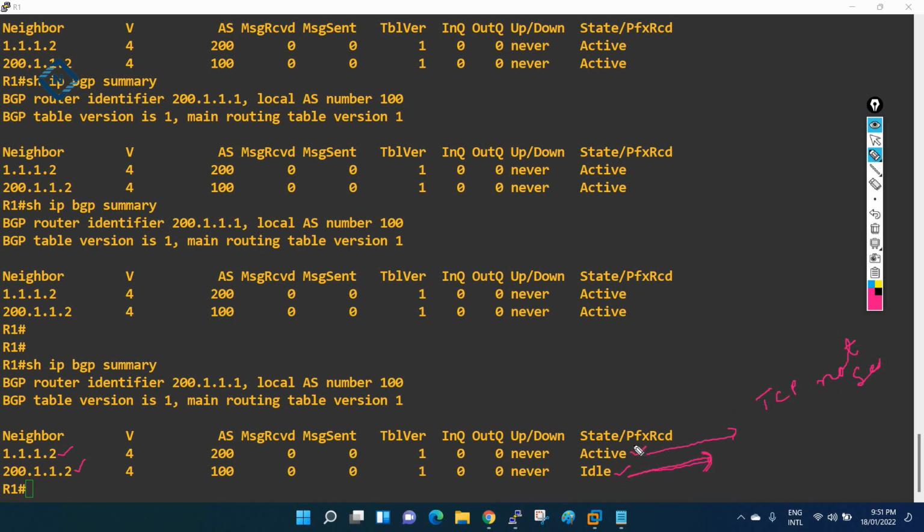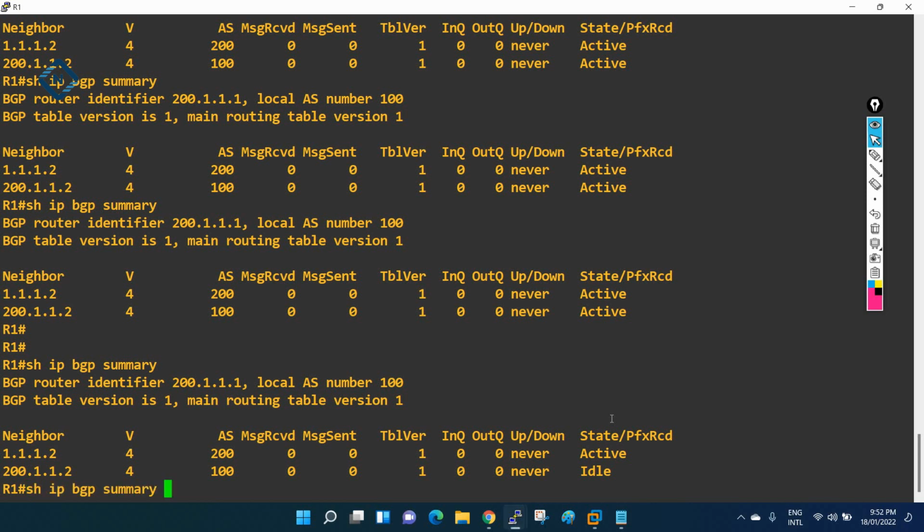Here TCP connection not established, here not initiated, not started. You need to remember this, because in interviews sometimes they ask what is the reason for this. So you should say active is nothing but TCP session is not established, and if you are having idle, you can say TCP connection is not initiated.